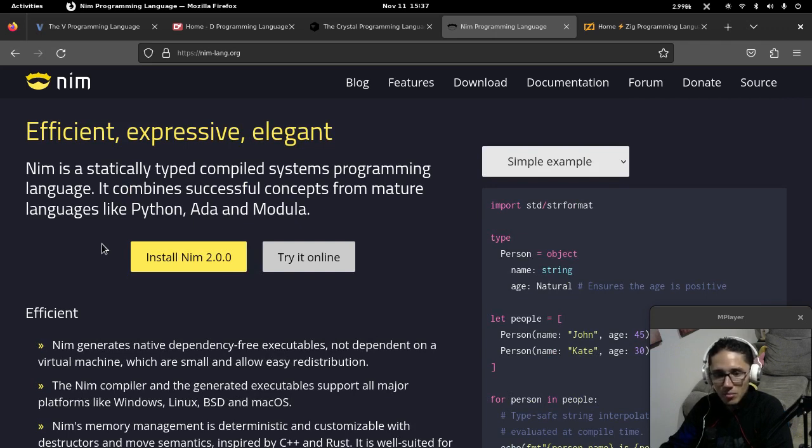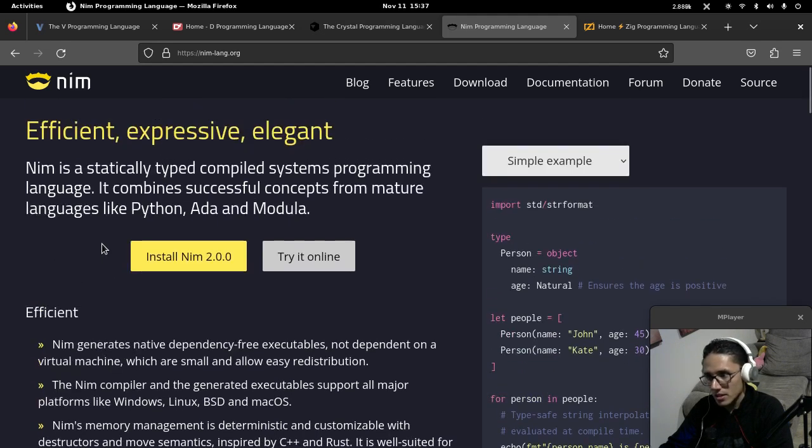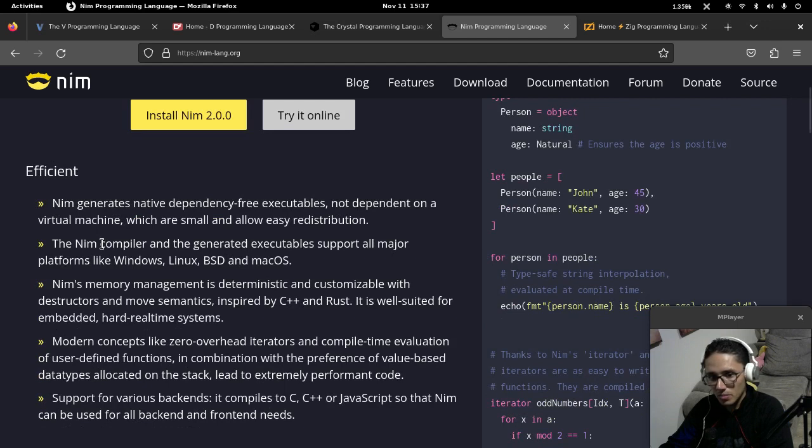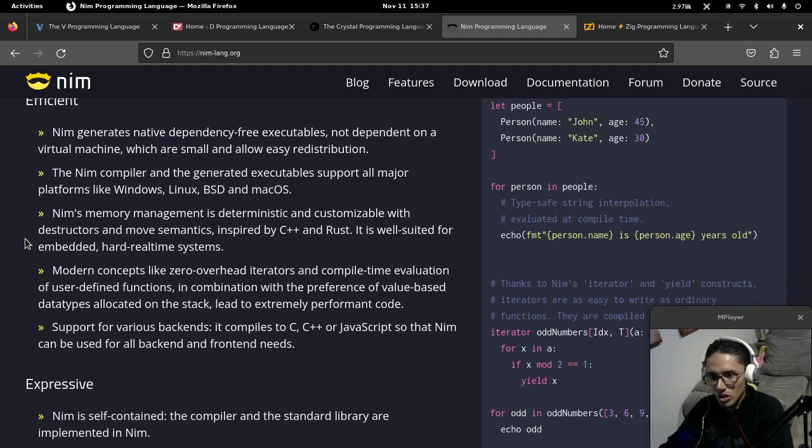Efficient. So now Nim. Efficient, expressive, elegant. Nim is a statically typed compiled systems programming language. It combines successful concepts from mature languages like Python, Ada and Modula. Nim 2.0, which I think is more developed, right? Efficient: generates native dependency-free executables, not dependent on a virtual machine, which are small and allow easy distribution. The Nim compiler and the generated executable support all major platforms like Windows, Linux, BSD, and